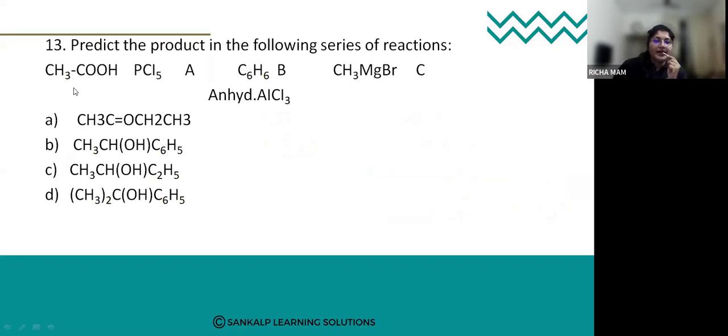Next one, predict the product in the following series of reactions. So you have to predict the product in the following series of reactions. Okay. So the reaction is acetic acid, CH3COOH, acetic acid. It reacts with your,